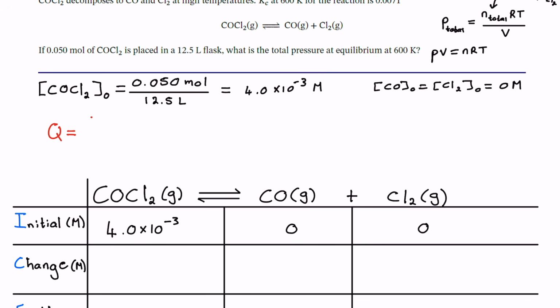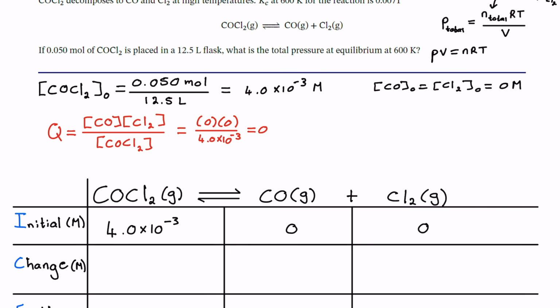So our reaction quotient is equal to our products, which is in this case CO, Cl2, divided by the concentration of carbonyl chloride, and putting in the initial concentrations 0, 0, and divided by 4.0 times 10 to the negative 3,